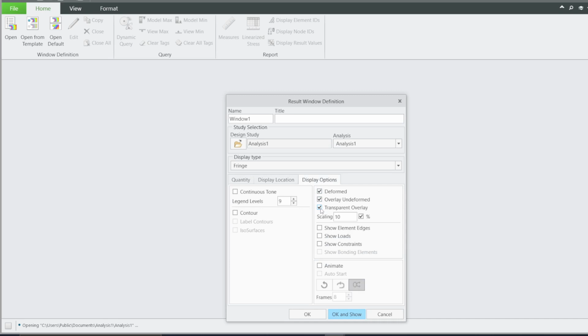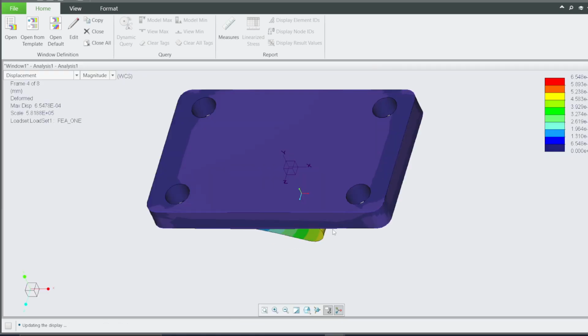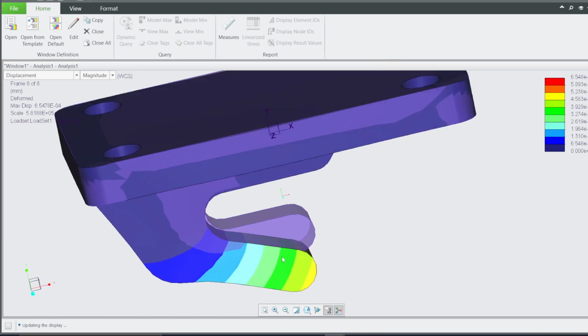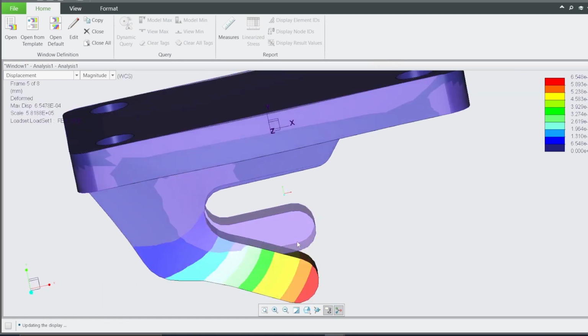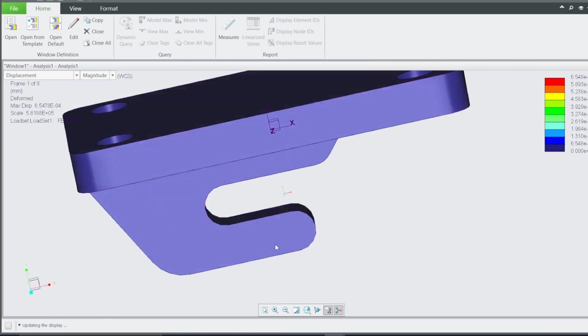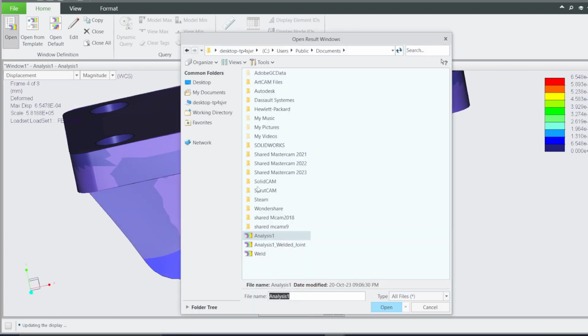Then for the transparent overlay, we can decide to make it transparent and see what happens. You can select 15 here. I want to animate also. Let's first see what we are going to see. You can see what happens here: this one is undeformed, this one is deformed. If you go back to open here,